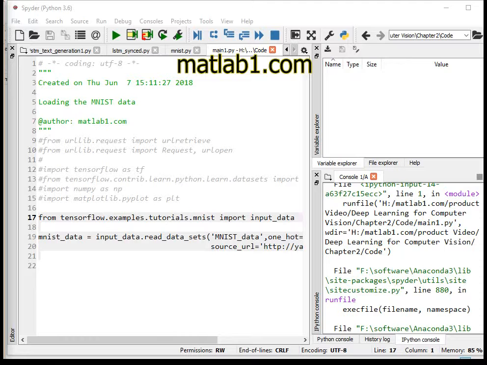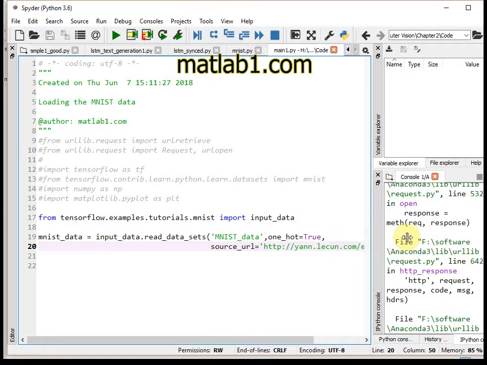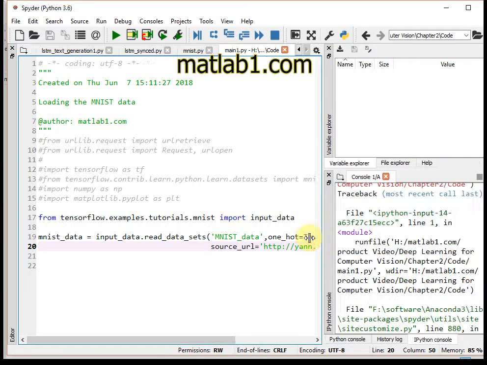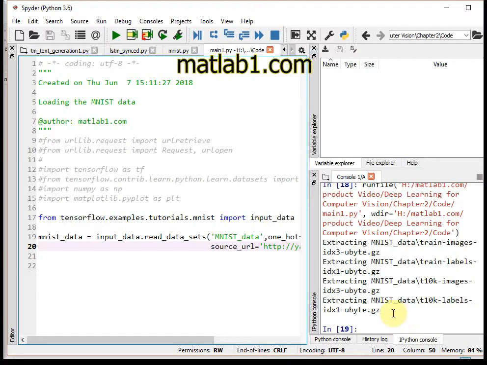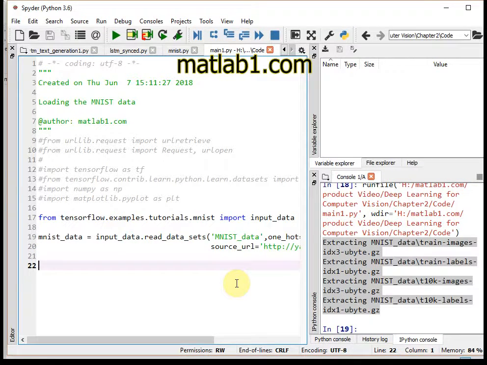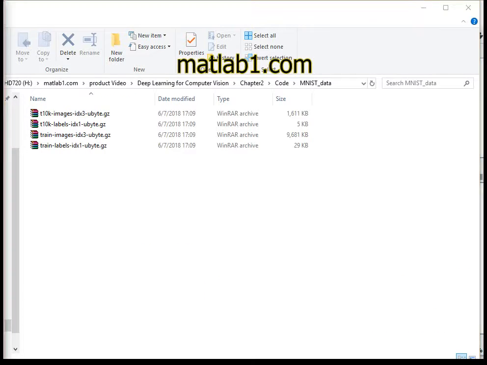To solve, change your code to the following code. These files are created in